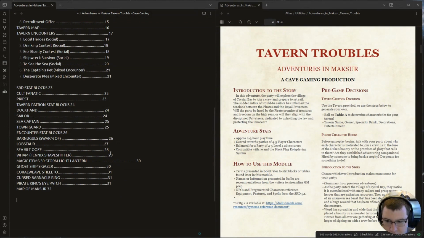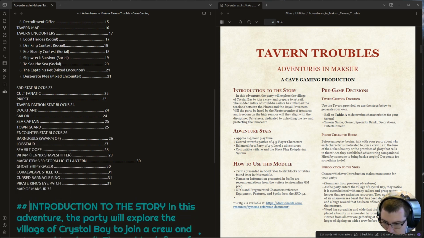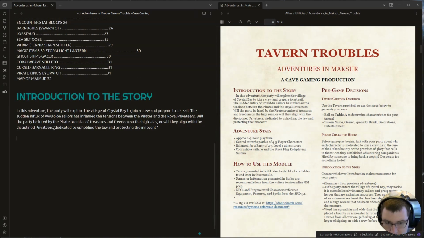when you're searching. For this one, it's a drop-in adventure basically. It can go for 2 to 3 hours of playtime, and it's geared for 4 to 5 players for parties of level 4 adventurers. So we'll take this, and looks like I missed the I, but that's alright. We'll grab it, and let's give it a heading. Introduction to the story, and then we have our adventure, and then we'll put in